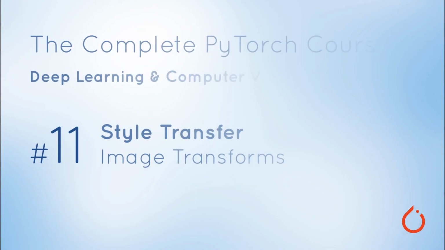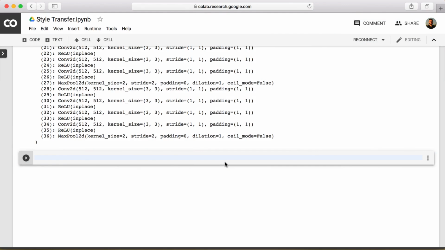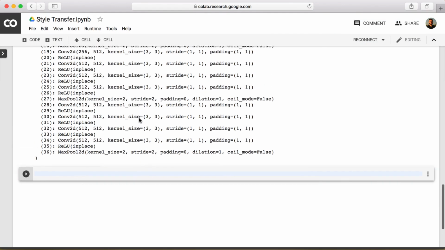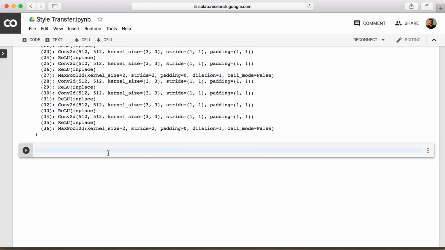Alright, welcome back. Now that we've effectively imported our model and frozen the relevant parameters, we can now take advantage of transfer learning. Using this pre-trained model, we will be able to get very effective style transfer results. So now let's move forward and import the images that we want to apply style transfer to. We are going to have a content image and a style image. The target image is going to be a combination of the content from the content image and the style from